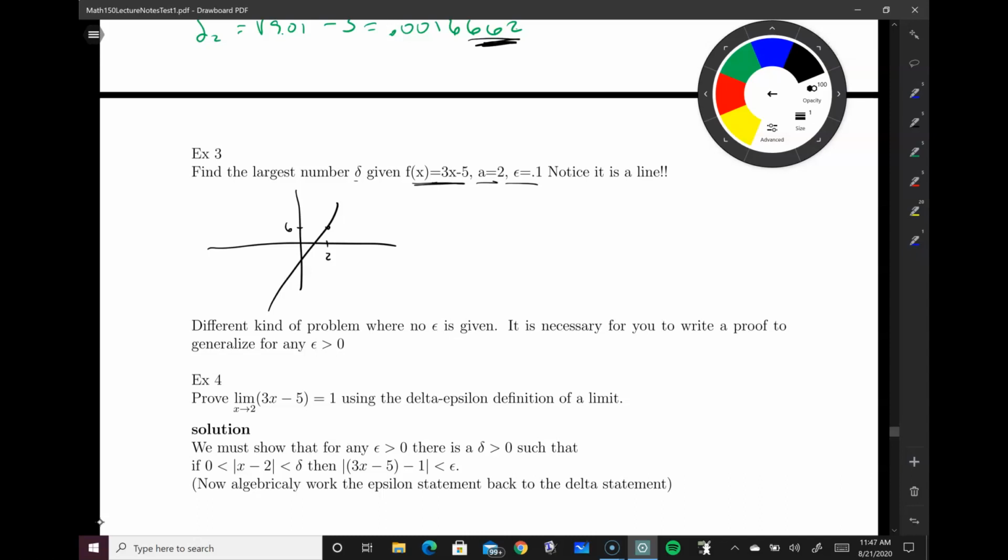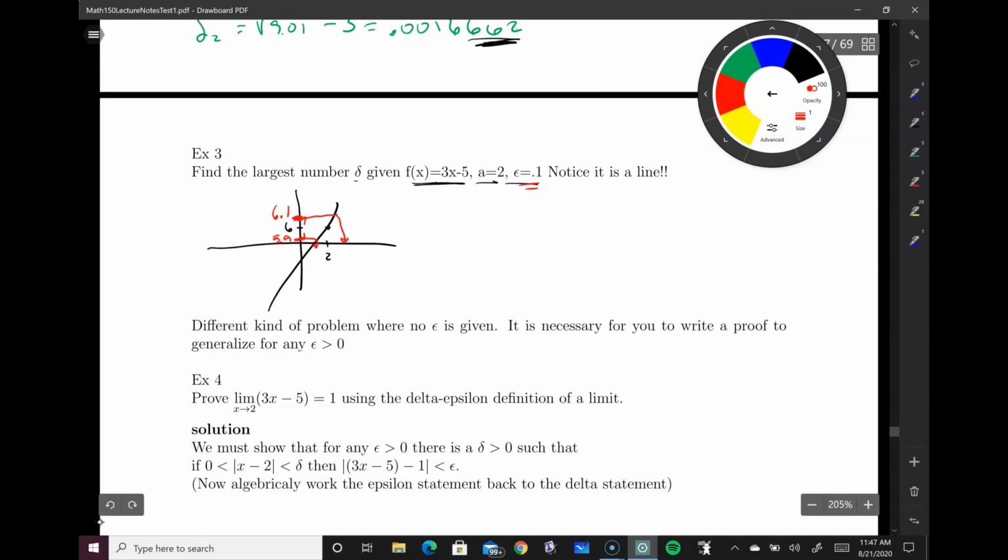Okay. So what this epsilon is, remember, it's an epsilon neighborhood. You move up by 0.1 and down by 0.1. So this one would give you 6.1, and this one would give you 5.9 down here, right? So these are the two x values. And then I would work them backwards,